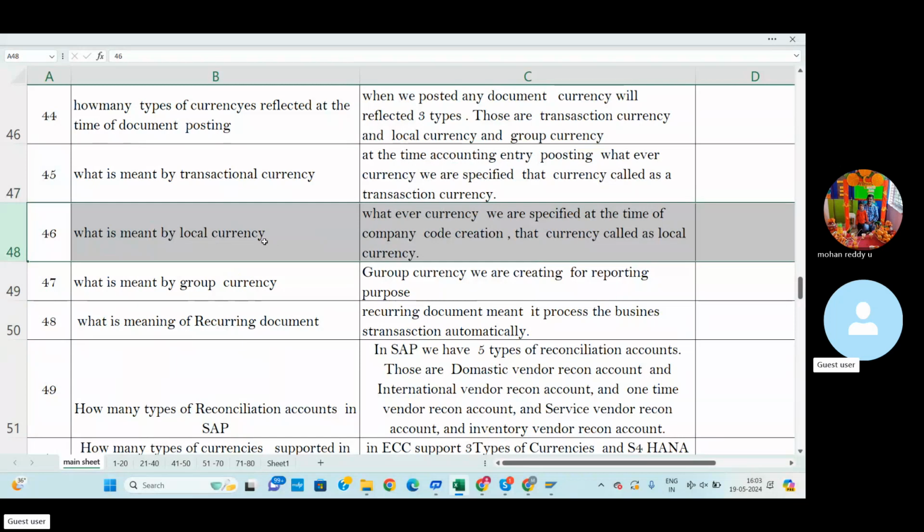Simply, local currency is nothing but the company code currency. So whatever currency we specify at the time of company code creation is called the local currency or company code currency.